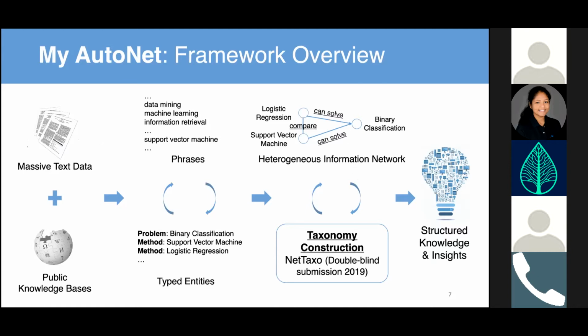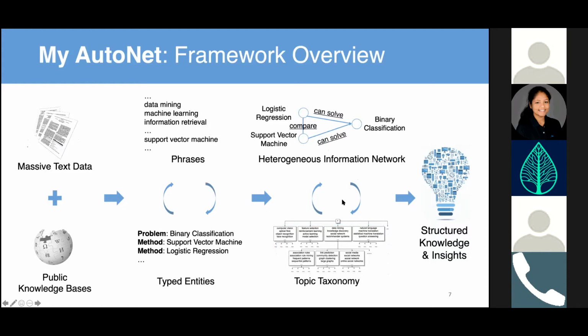But later, you will realize that if we are turning a massive amount of text data into a network, this network is very likely huge as well. There will be millions of nodes and even billions of edges. So it's also hard for people to look at this information, edge by edge or node by node. So we introduce this topic taxonomy to help us further organize this in a better shape that we can navigate, just like when we are in a library and we want to find the right topic.